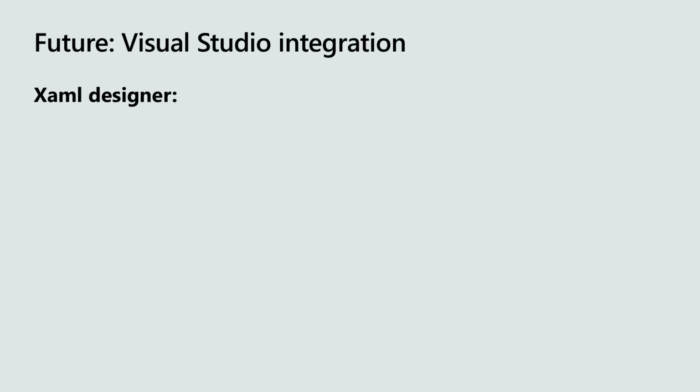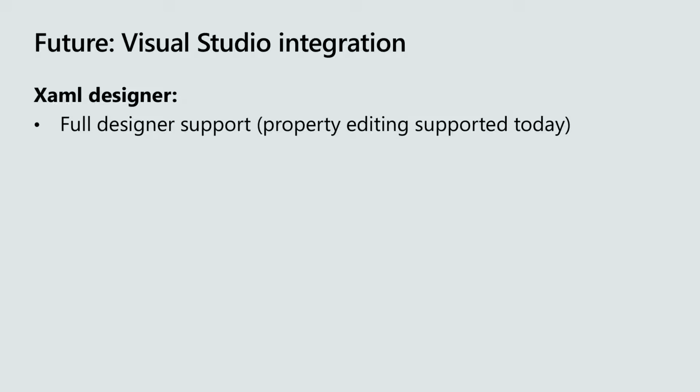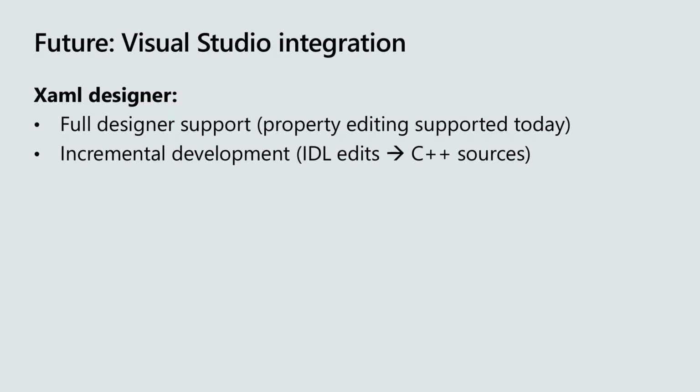Secondly, we've worked with the Visual Studio team recently to enhance the XAML design experience. So if you're wanting to write a XAML application with C++ WinRT, we're making steps toward that. We really ultimately want full design surface support, so I can double click on that button and have it launch me directly to the click handler in my C++ source. We already have property editing support today, where if you move down to that pane where you have the list of properties, you can type in the name of a handler and it will generate it. So the generation logic is there, it just needs to be wired up to the design surface.